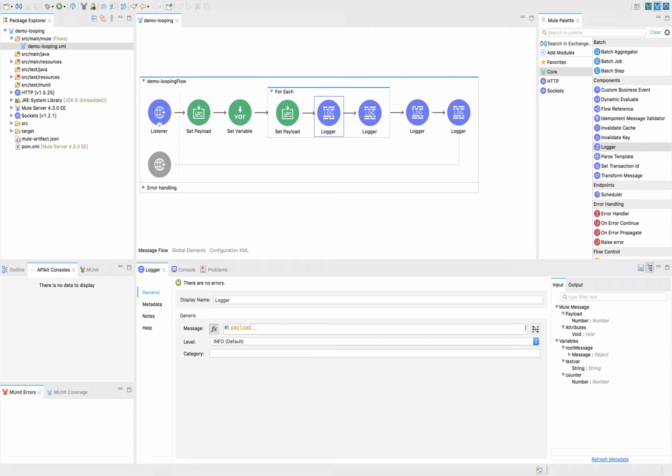Okay, for now let me remove this, and here also. Okay, so let it complete the deployment.